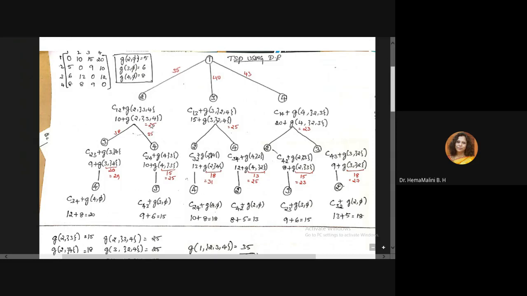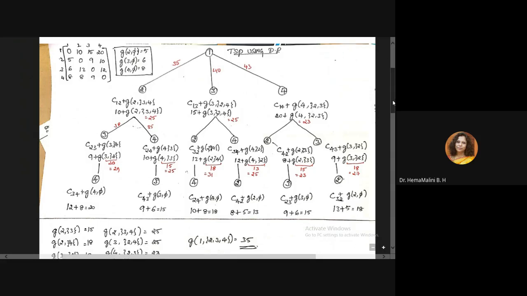So we are going to carry 25 to this function. Now, the previous value computed from the next two nodes was 31 and 25. What is the minimum of these two? It is 25. So G of 3 comma 2 comma 4 is 25.